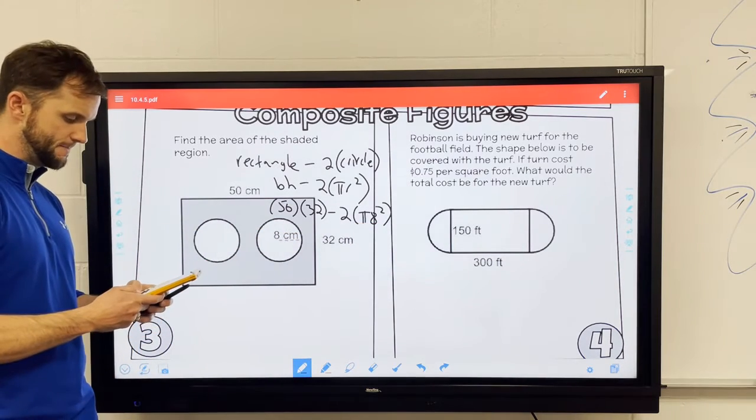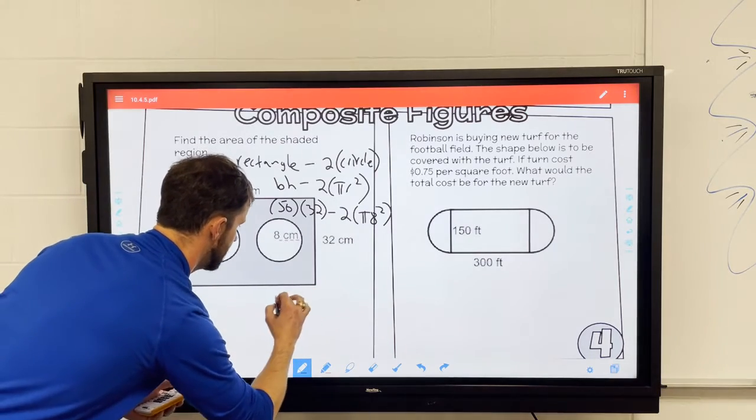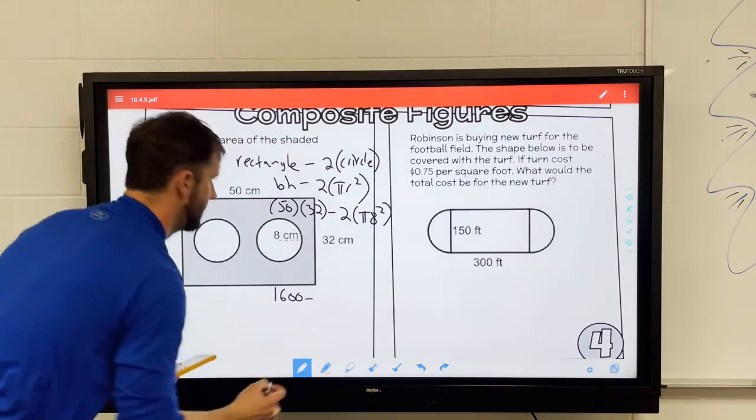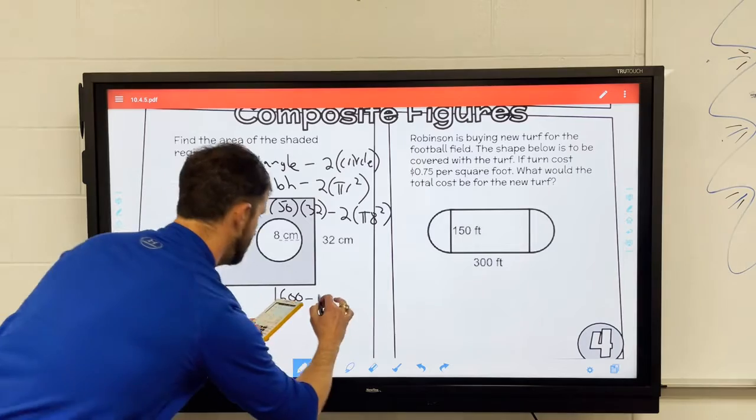So I'm going to do 50 times 32, which is going to give you 1,600. I'm going to write it down here so y'all can see it better. And I'm going to do the area of the circle first, which is pi times 8 squared, and then I'm going to multiply that times 2, which is going to give you